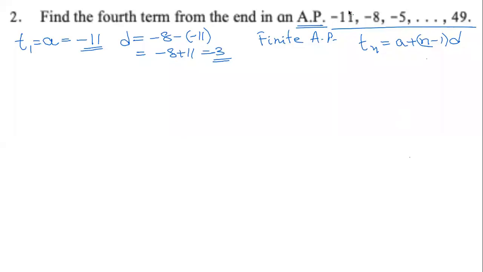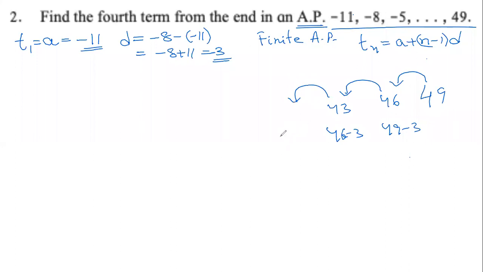Some of you are saying that we know the last term, which is 49. So let us write it here on the right hand side. And we also have found out that the common difference is 3. So to find the second last term, all we have to do is subtract 3 from 49. So when we do 49 minus 3, we will get 46. If we have to find the term before that, we will do 46 minus 3, yes, 43. And if we have to do the term before that, we will do 43 minus 3, which will be 40. Yes, you can do this.